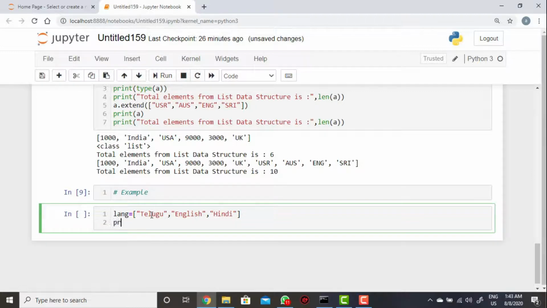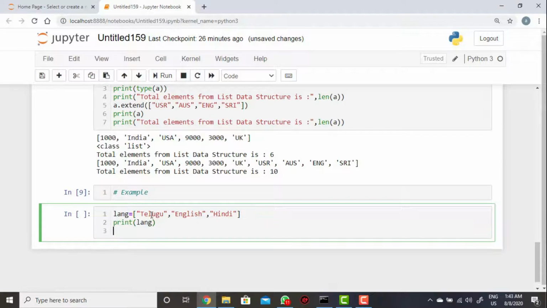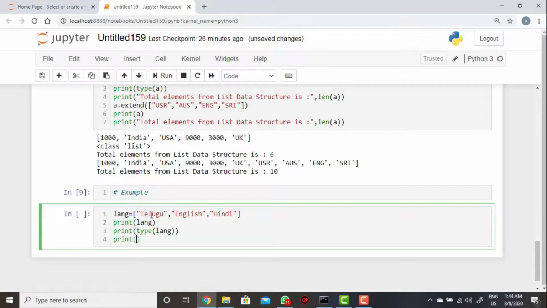Now I am just taking print of language, then print of type of language, then print of total elements from list is, length of language.